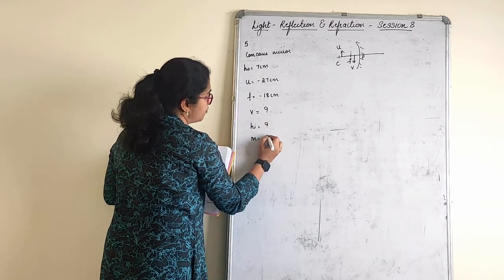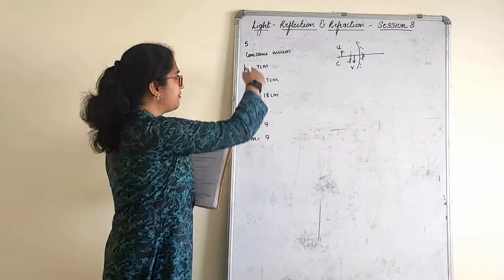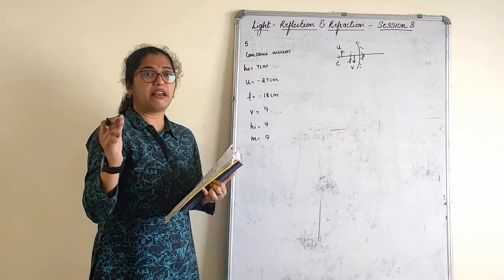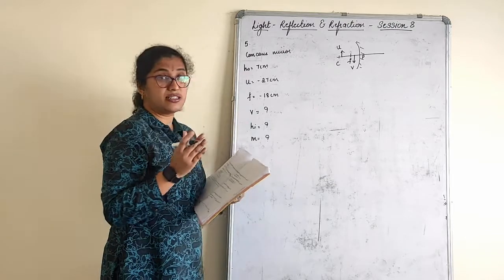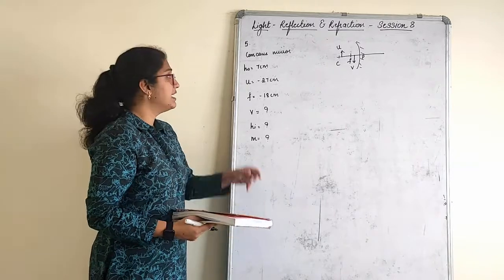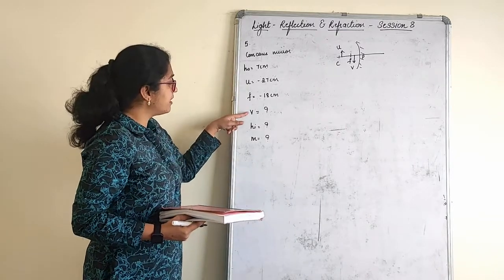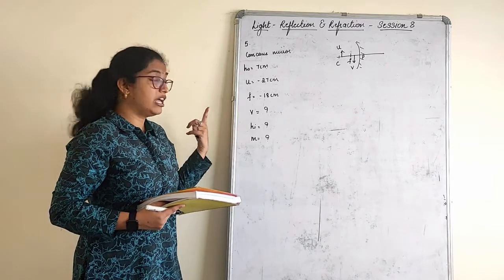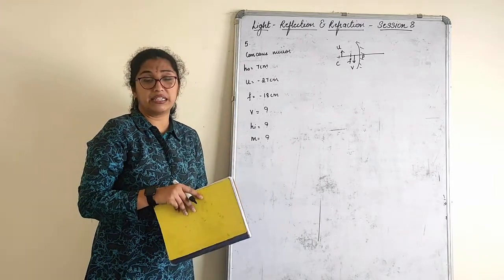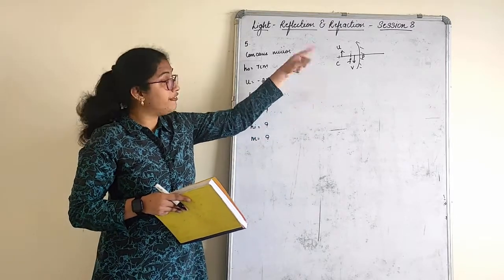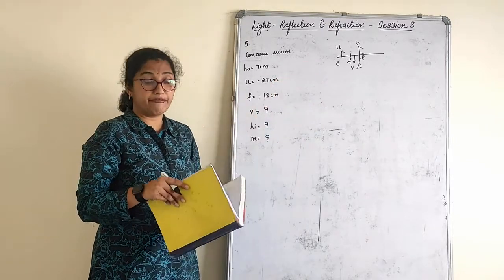Can you take this for homework, children? See, everything I have written. Main thing in the ray diagram is to write the dimensions clearly and correctly and what you have to find. Then it is done. They have not even asked you to draw the ray diagram here. I have written everything. You have to find V. After finding that, using the magnification formula, you can find the height of the image. Along with that, magnification and give the conclusion. This is the same as the previous sum, but that was for convex mirror and this is for concave mirror.